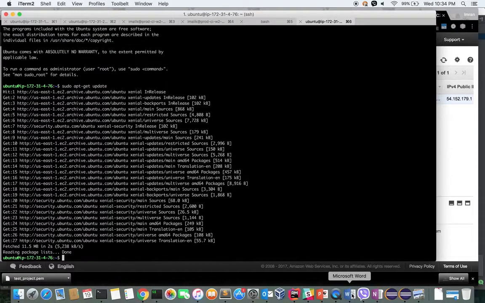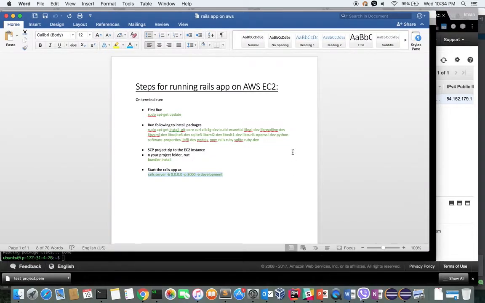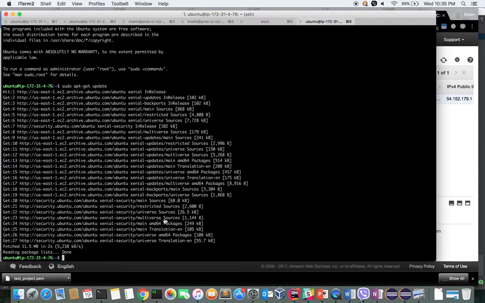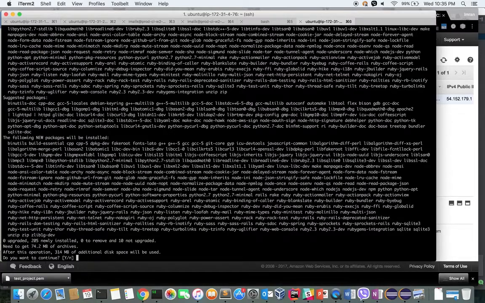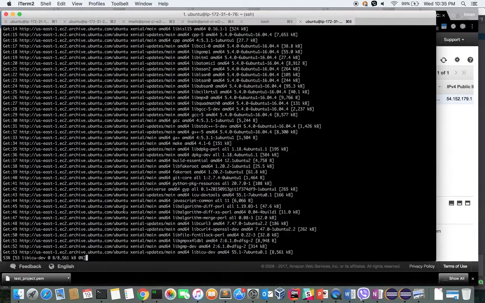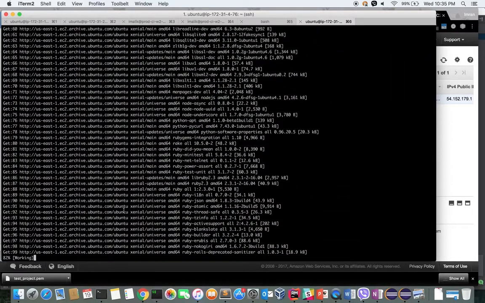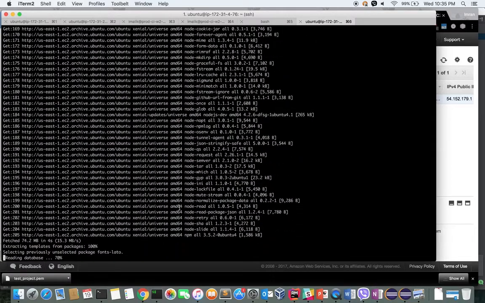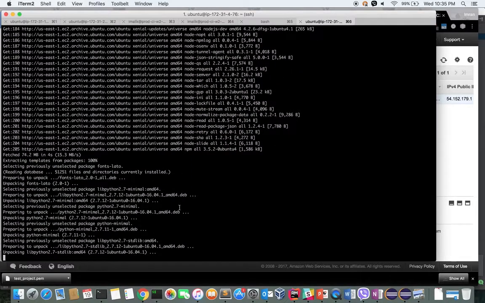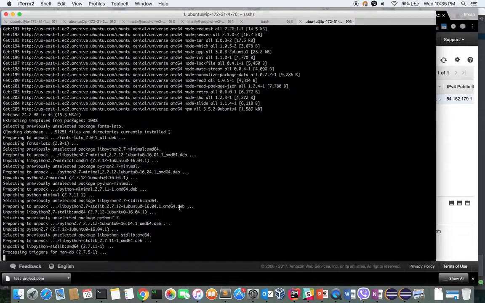I have all the commands here, so I'm going to copy these instructions that I had already and save them. It's going to install all these packages which are required in order to run the Rails app successfully on your machine.